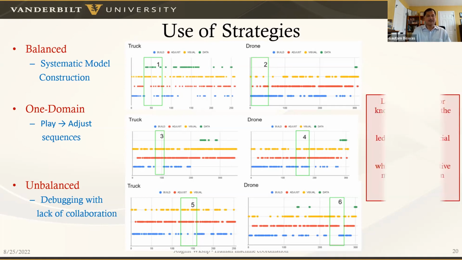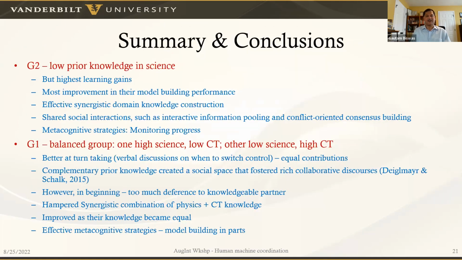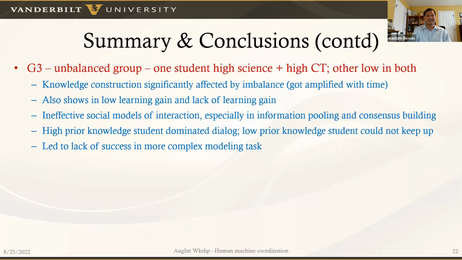So as a summary, the larger gaps in prior knowledge between students lead to more ineffective social interactions between them, and that naturally leads to ineffective model construction strategies, for example, the use of more trial and error in order to try and construct the correct model. I will skip the summary slide because I think I should stop right now and we should switch to answering questions and discussions. But